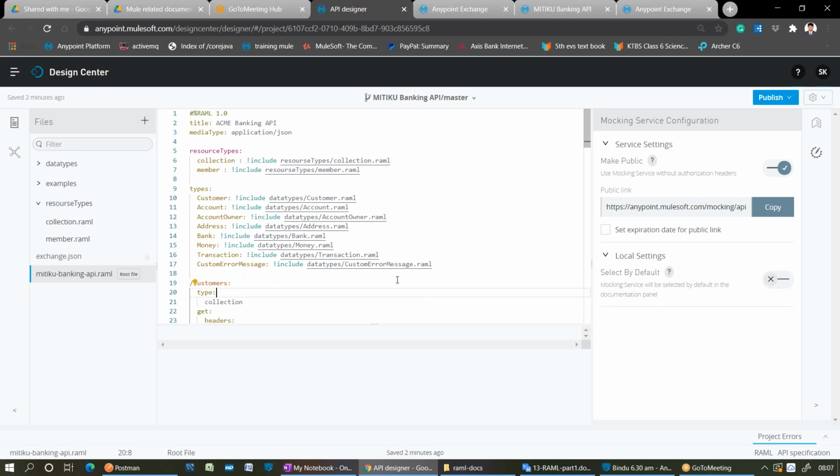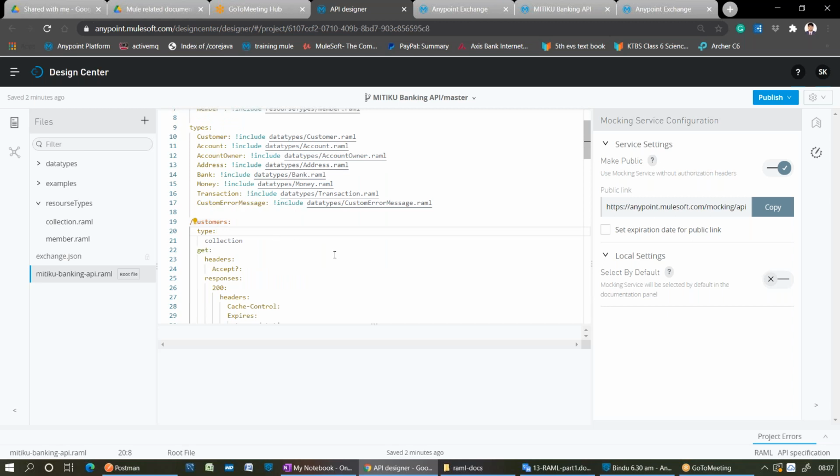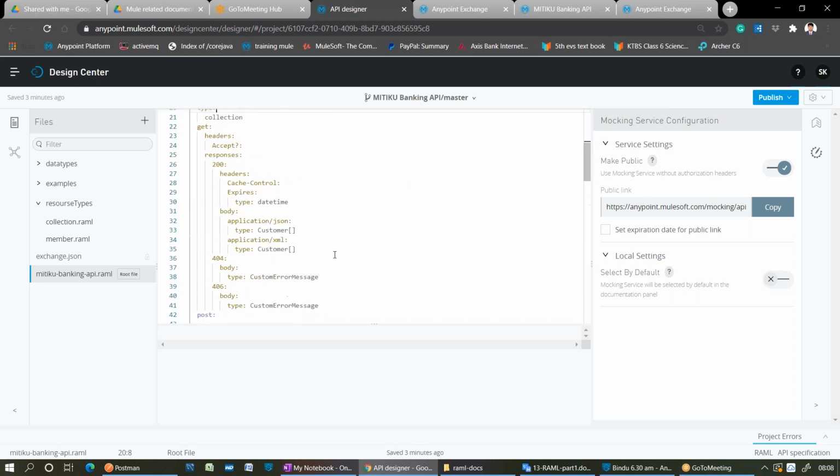See, the template here is GET /customers. From where will it bring the customers? That implementation logic you need to write: to which application you are going to connect, which database you are going to connect. What we have seen in my database concept, we have written a flow. In that flow we used the select operation, connected to the database, and got the data. All these things we have done, right? That is the implementation. For that implementation, this is the specification. Got it?